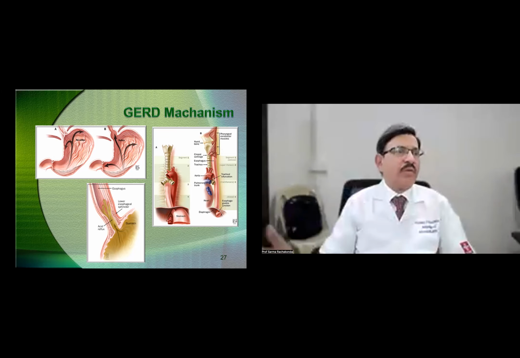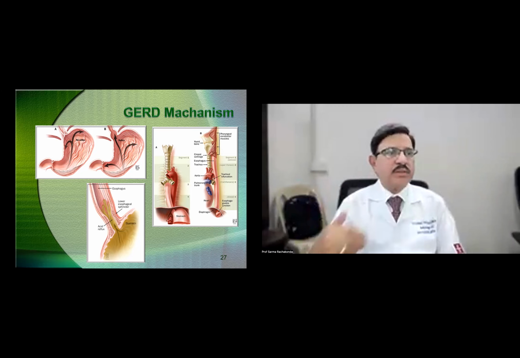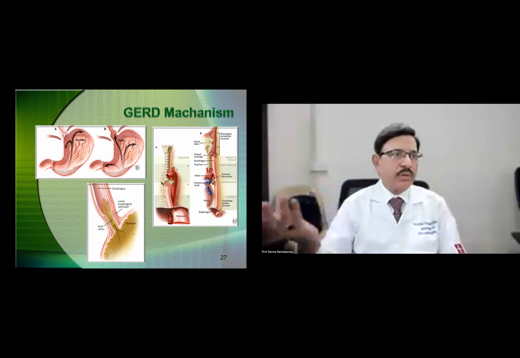Then what is wrong? Let it come into the esophagus. No, gastric contents are acidic. The esophageal mucosa is not tuned to receive acid. Once the acid contents come here, they damage the esophageal mucous membrane. Acid digestion starts taking place in the lower esophagus, and then metaplasia starts. The squamous epithelium of the esophagus is replaced by the columnar epithelium of the stomach, which is now Barrett's esophagus, which we have seen last time.